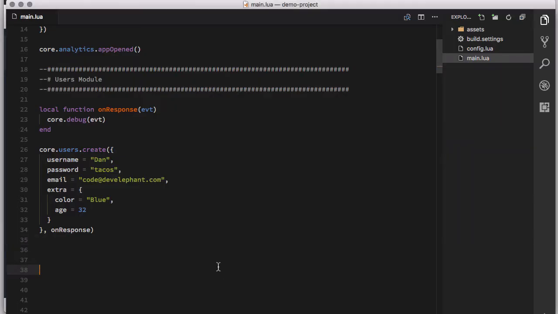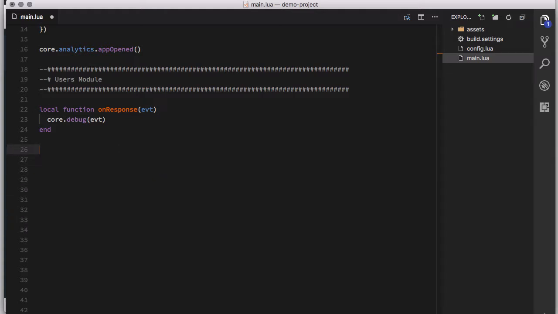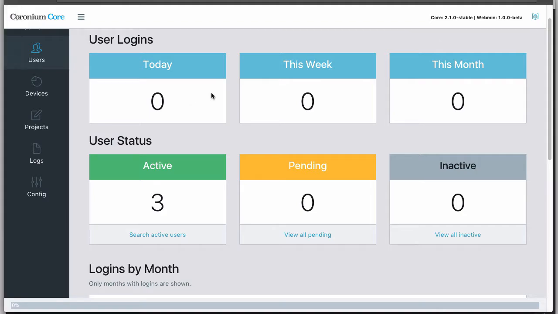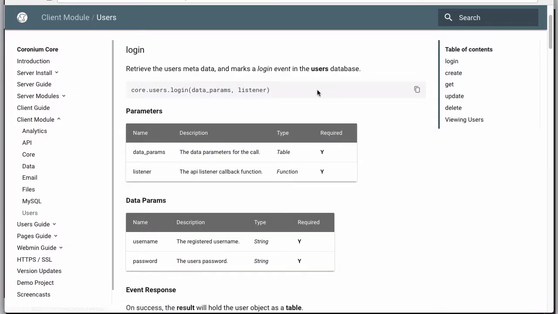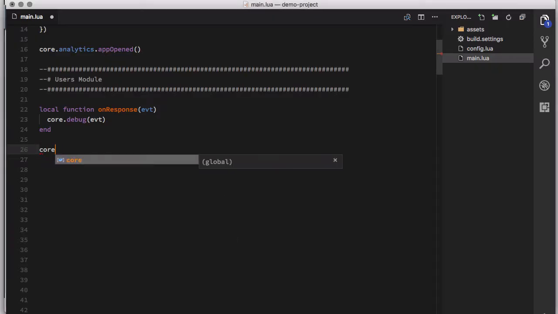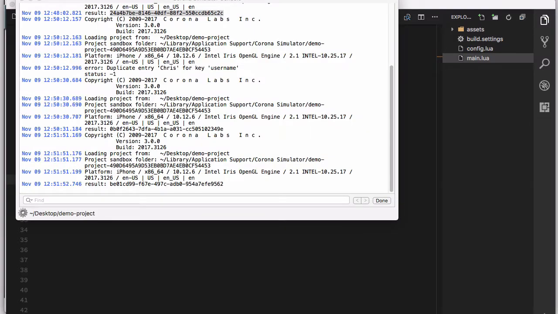So with that, we need to be able to log in users, and to log in a user is fairly simple. We use the login method, which is here in the documentation. And to log in a user, we need their username and password. So let's go ahead and do core.users login, and we will pass the username. In this case, we'll do Dan, so we can look at all of his info. And password was tacos. We need our onResponse handler here,